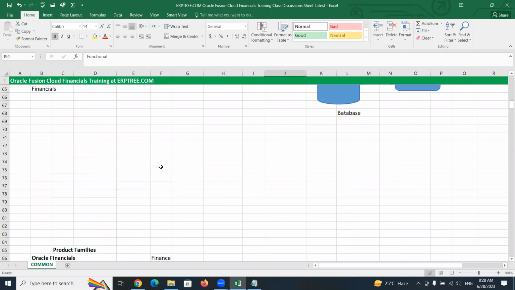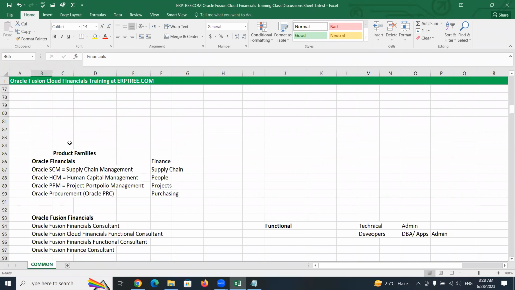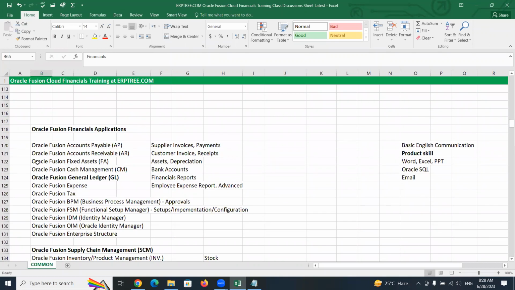So the course name is financials. From financials, exactly what applications are we going to learn? Let's see that. From financials, very primarily, these applications you are going to learn. In the financials, the primary applications are 5. Oracle Fusion Accounts Payable, AP you can call with a short name. Within this application, what are we going to learn: